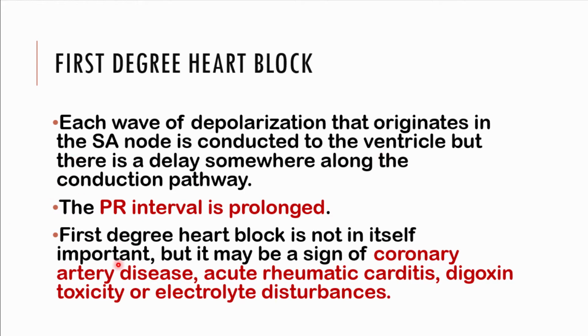On first degree heart block, we don't really need to worry about it, because it may sometimes be a normal variant in some individuals, and sometimes it may actually point you towards certain diseases. I want you to keep coronary artery disease in mind, because most of these conduction abnormalities are due to coronary artery disease, mostly due to either ischemia or fibrosis, or it could be due to acute rheumatic carditis. Remember that in rheumatic fever, the minor criteria is a prolonged PR interval, like we talked about in the previous